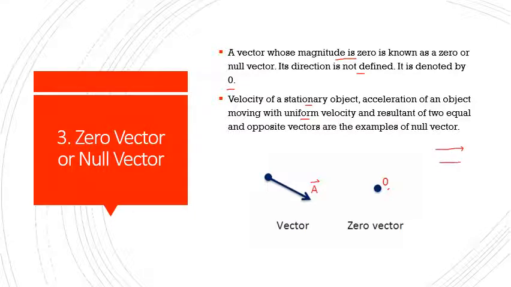For example, 5a. This will be towards your right hand side. And look at the second vector. It is opposite, right? So 5b, for example, is opposite to a. If you add both the vectors, 5 and minus 5, you will get a zero vector. So these are the three conditions where you will get a zero vector.